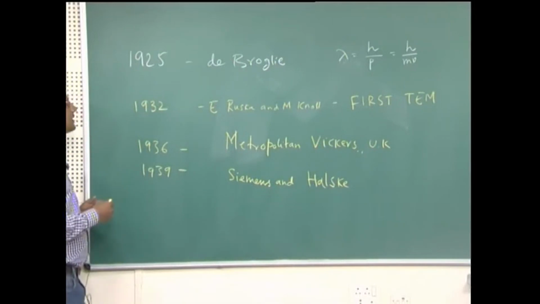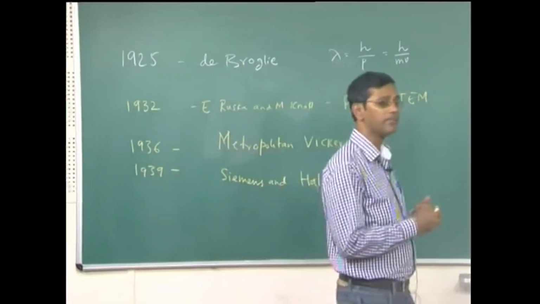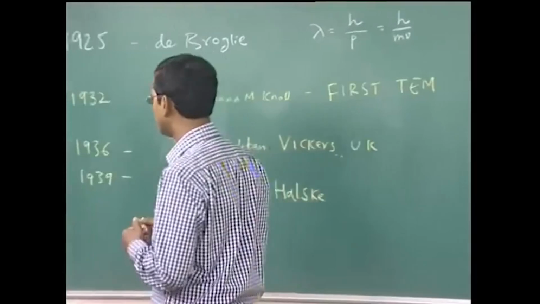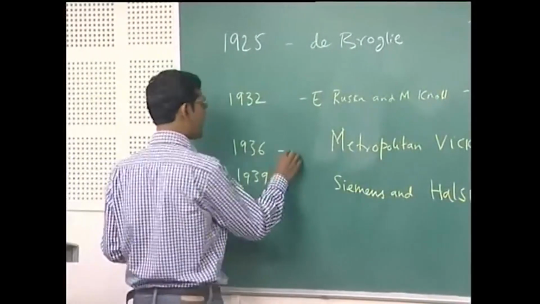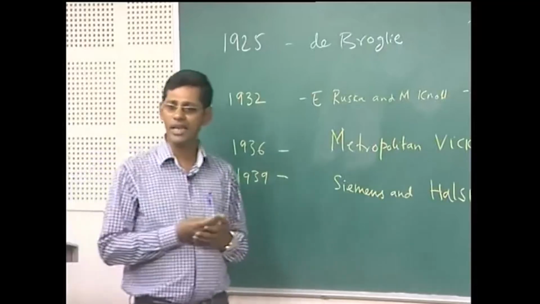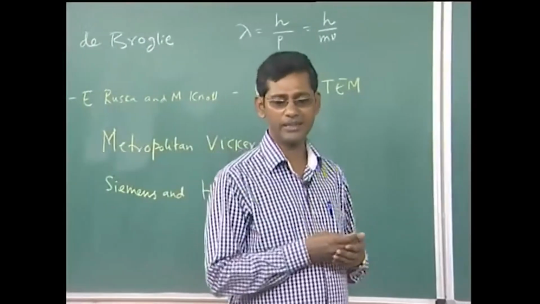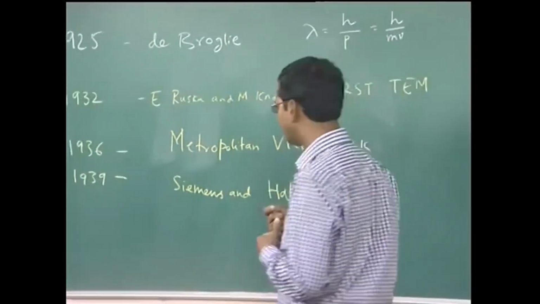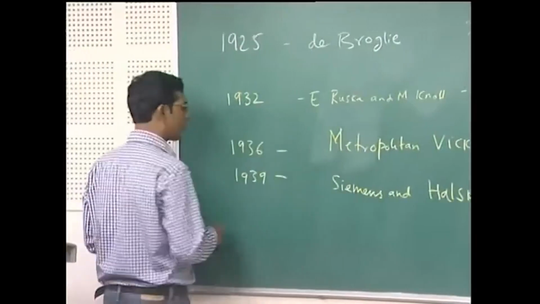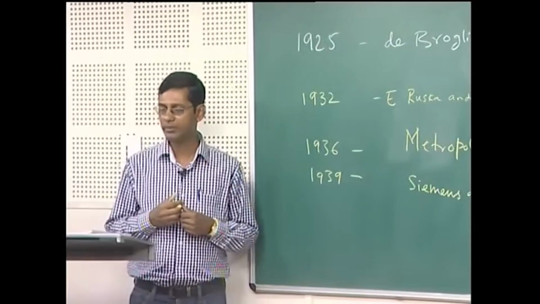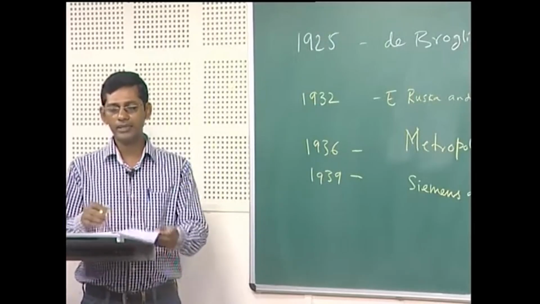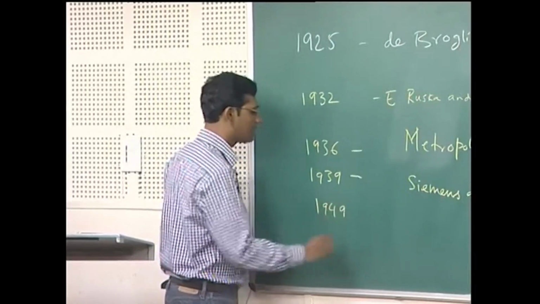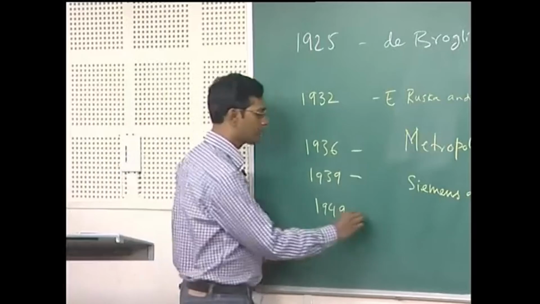But this had basically made the electron microscope available even before the Second World War. But after the Second World War, it was very difficult to prepare samples for TEM, because samples need to be very thin to be observed under an electron microscope, especially under TEM. So the tool for making those thin foils came later, from another German scientist in 1949, just after the Second World War, known as